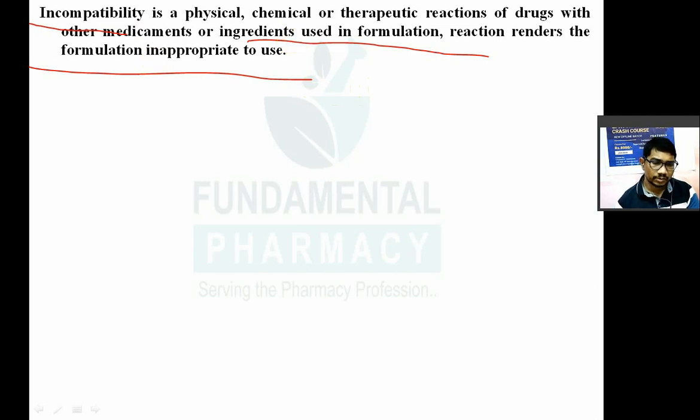If there is any such interaction, physical, chemical, therapeutic, and a change in the formulation, and if that change is rendering the formulation inappropriate to use,